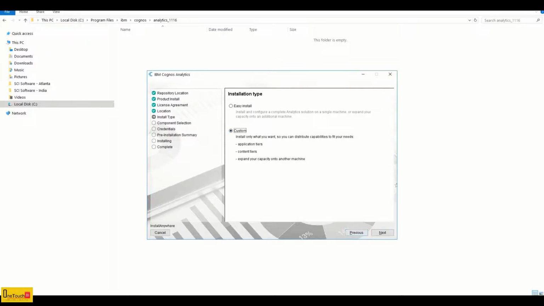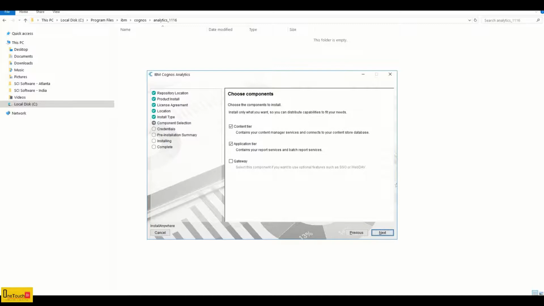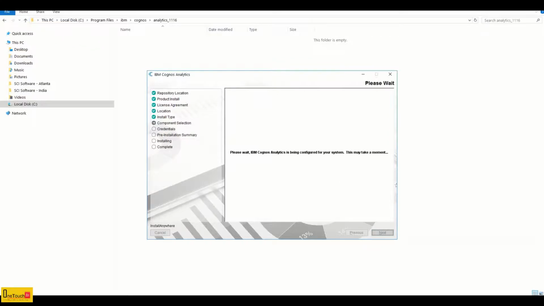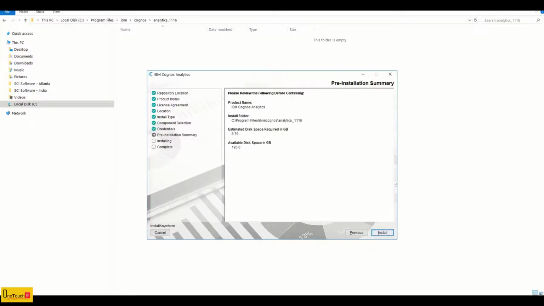For our demo, we are going with custom installation. Choose all the three layers: content tier, application tier, gateway. Since we are installing all in one single box, we should choose all of them and go next.